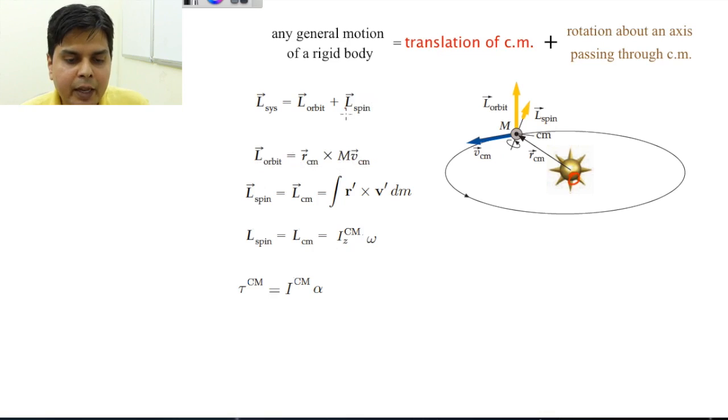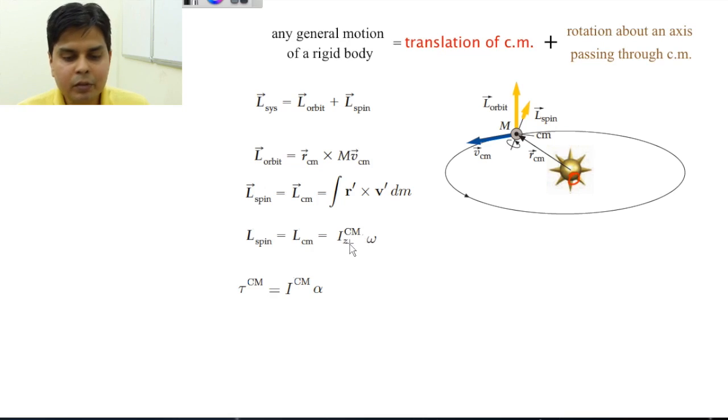And what will be the spin angular momentum? That spin will be because of this thing. So each body has two parts to its angular momentum. One part is the L orbital, another part is the L spin. Now both the parts have different properties. Number one, this L spin does not depend upon your origin. Suppose I give you earth, my earth is rotating. Whether my origin is at earth, or at sun, or at Pluto, this component will not change. Why? Because this just depends upon I center of mass into omega.